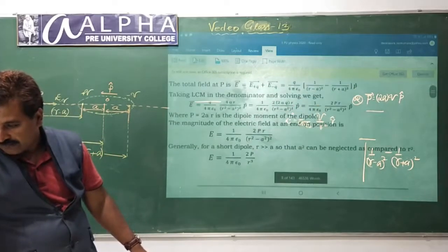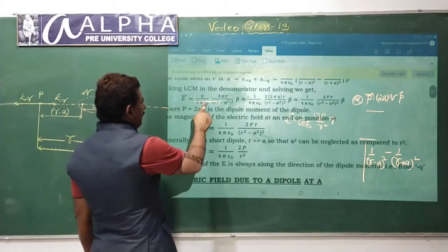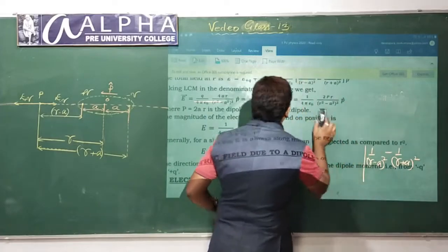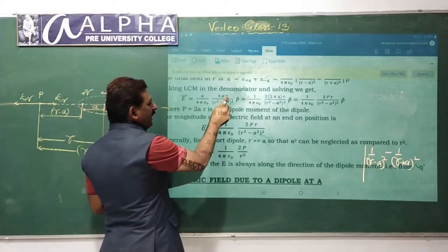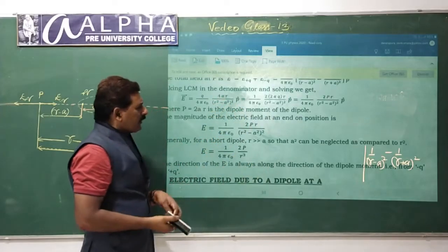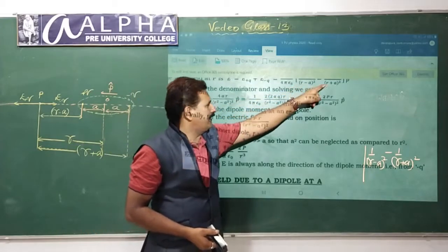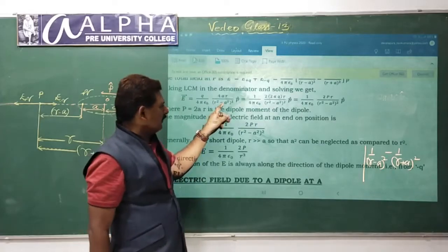Okay, right? Now you have this explanation. Look here, this one. I'll rub this. All this you remove now. When you take LCM and solve, you get 4AR divided by R square minus A square whole square. I showed this. That part you need not write when you are writing the answer. Straight away, when you take LCM and solve, we get. You have been learning from 8th standard, you can do this.